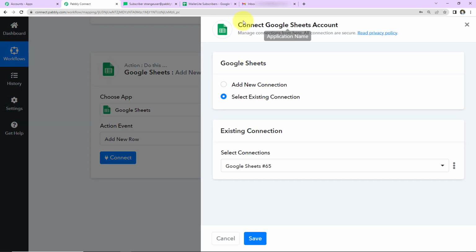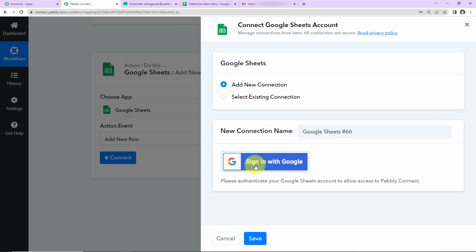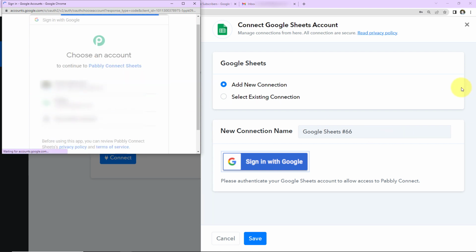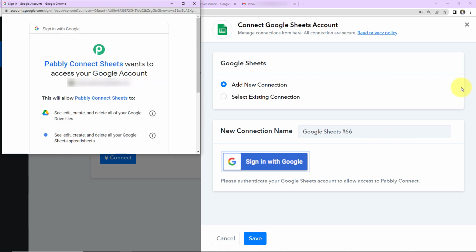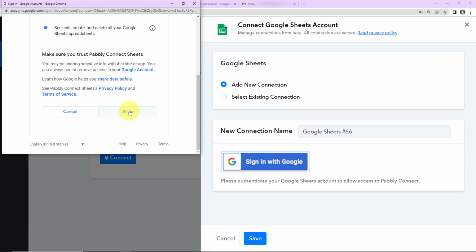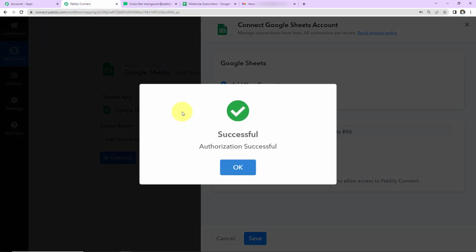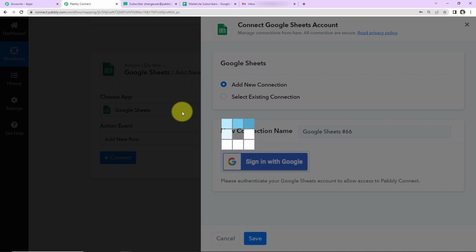And here Pabbly Connect wants to connect itself with Google Sheets account. I'm going to select add new connection, sign in with Google. Here you can see we have to choose an account. So I have chosen the account with which my Google Sheet that I have just created is linked. And now here Pabbly Connect Sheets wants to access my Google account. Let's click on allow. And here you can see that the authorization has been successful, which means Google Sheets and Pabbly Connect are now